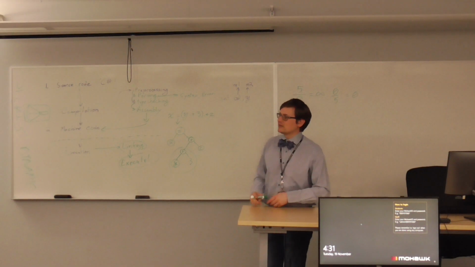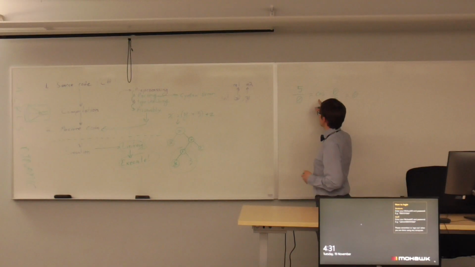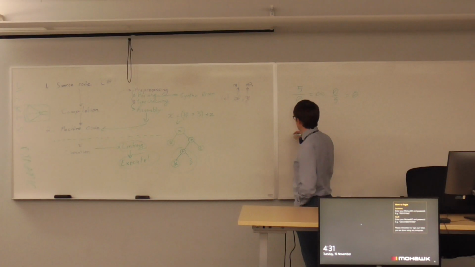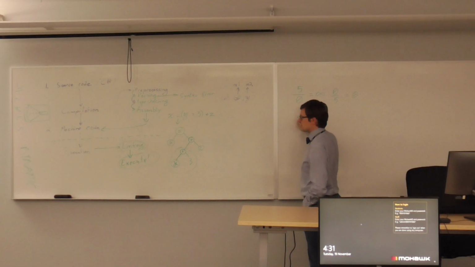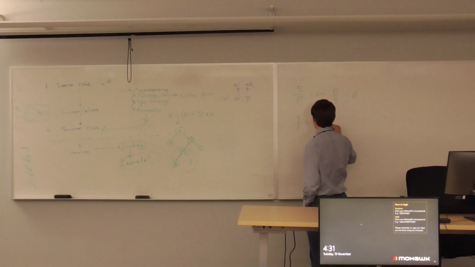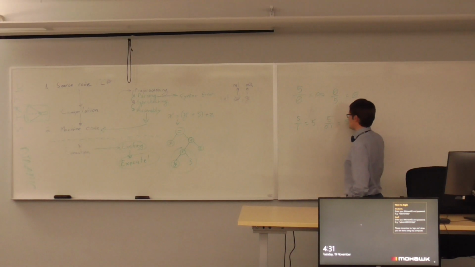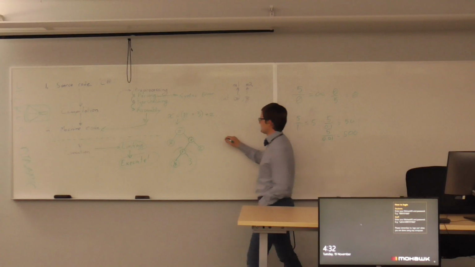The reason the answer is infinity is, if you take 5 and divide it by 1, you get 5. If you take 5 and divide it by 0.1, you get 50. 5 divided by 0.01 is 500. So basically, if you were to take that and graph it,